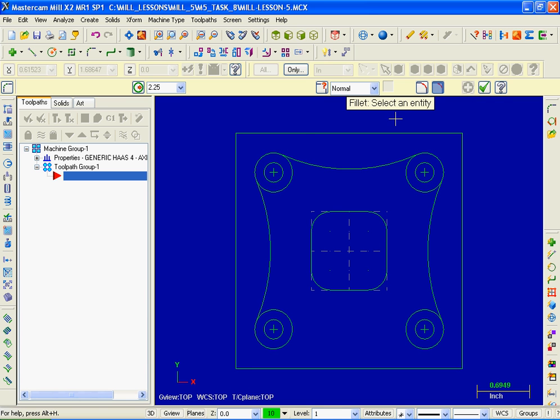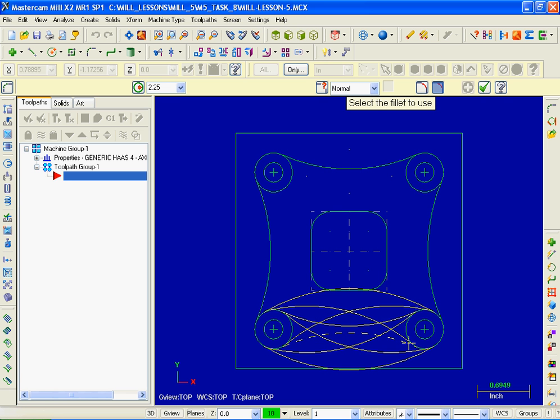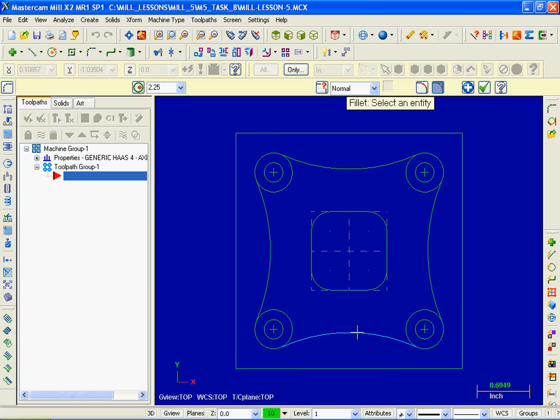Prompt: select an entity. I'm going to go down and pick this lower left arc in this position, slide over to the right, and there's my preview. I'm going to pick the arc here. Now again, select the fillet to use. I'm going to select this dotted arc. Looks good. I'm going to move up to the ribbon bar. We're done here, and then I'm going to pick